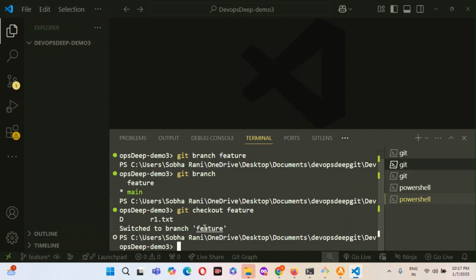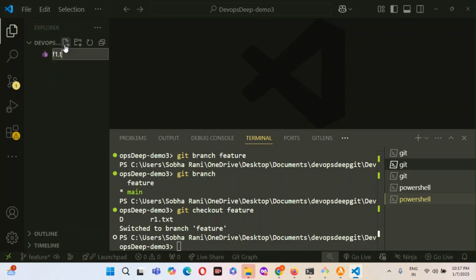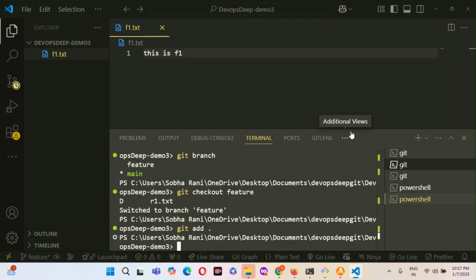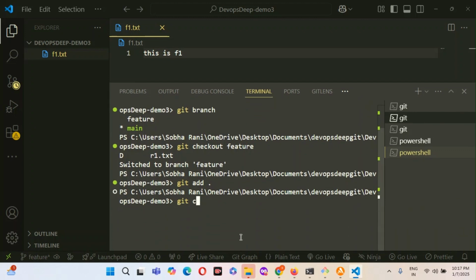Okay. In this future branch, I created one file f1.txt. Okay. So git add, git commit hyphen m future f1.